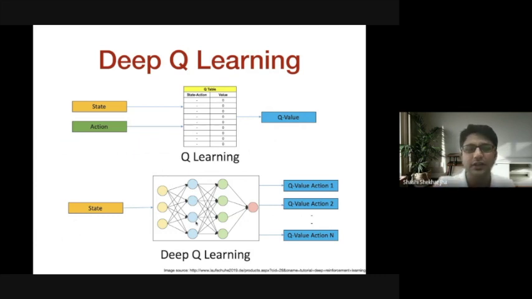What happens in Q learning? We have state and action. We create a table out of it. For each state and action pair, we are not looking inside the state and inside the action, at how the state looks and how the actions look. But whatever the possible states and actions are, we create a table out of it. Then we update the values in the table, and finally, the table values converge. Whenever we need a Q value, we ask this table. You can assume this Q table as a Q function, and we give it state and action as input. The table outputs the Q value. And here the learning happens on the values directly. In deep Q learning, if you have to implement deep Q learning,